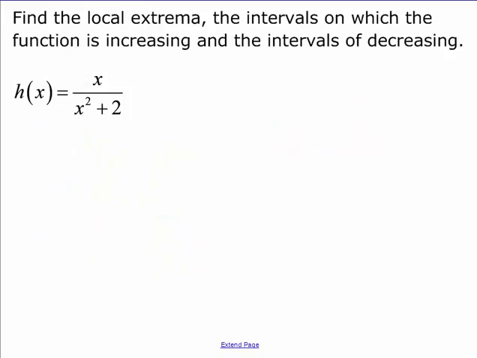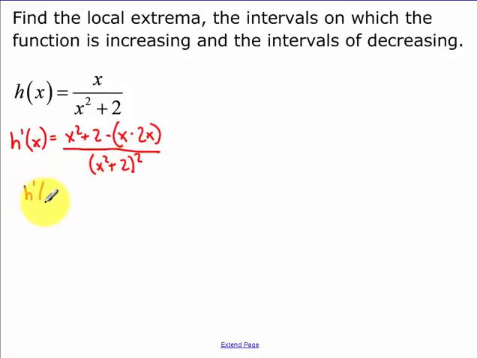Okay, our next example. So here we find, again, our derivative. So low d high minus high d low. Draw a line, square the below. So simplifying that,